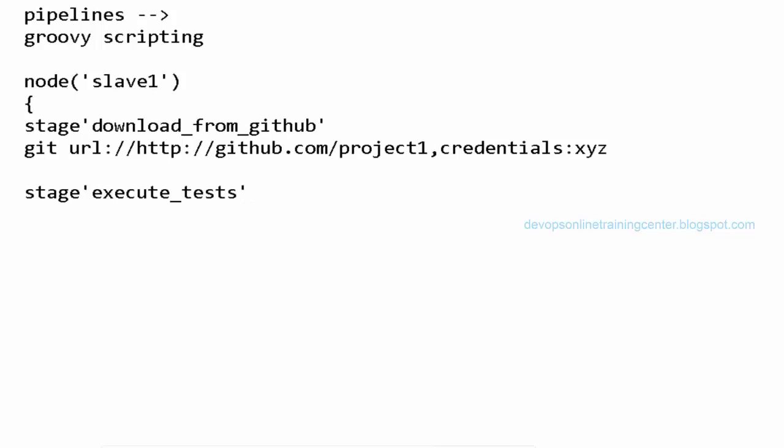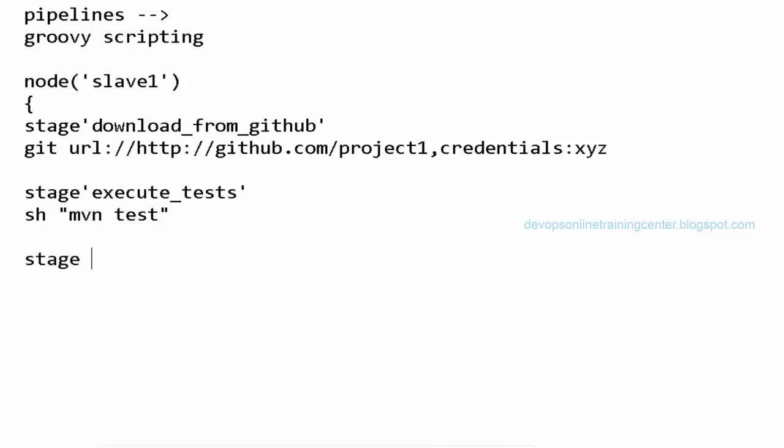How do we execute the test? So sh mvn test. We'll see all these things tomorrow in detail. So it's something like a heads up, right? So this sh executes the shell command from Groovy. The entire thing is a Groovy script. From this Groovy script, we are executing a command called mvn test. So Maven test will be executed.